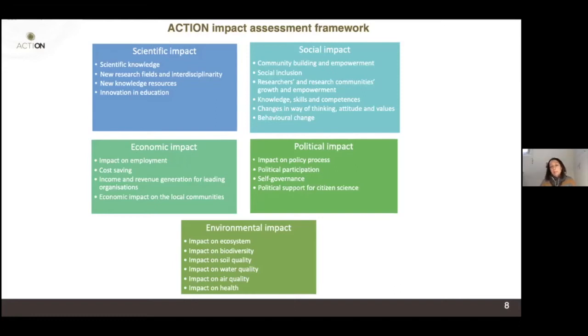And you see the impacts that are listed there: impact on ecosystem, biodiversity, soil quality, water quality, air quality are the ones that come from the previous pilot. So feel free to add others if you work on other aspects of the environment. And then there is impact on health. Again, we put it in the environmental impact, but it can also go in the social or in the economic. It depends on which perspective you see it from.